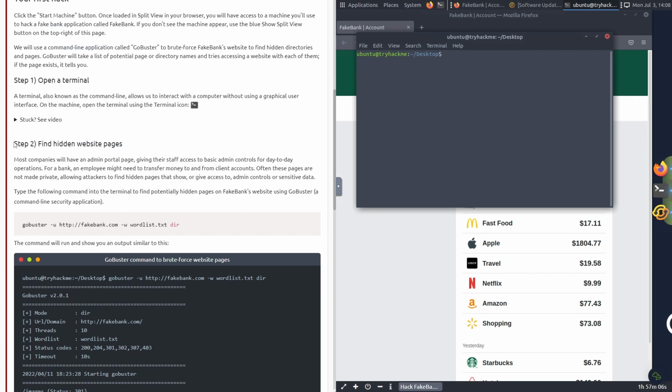Okay, step number two, what we're going to do is find hidden website pages. Most companies will have an admin portal page giving their staff access to basic admin controls for day-to-day operations. For a bank, an employee might need to transfer money to and from client accounts. Often these pages are not made private,